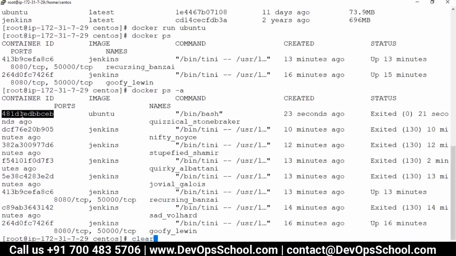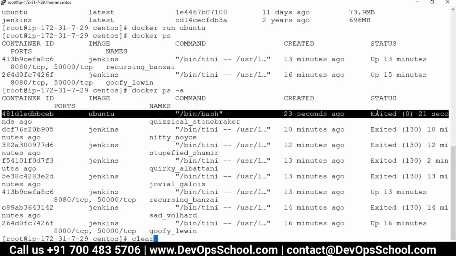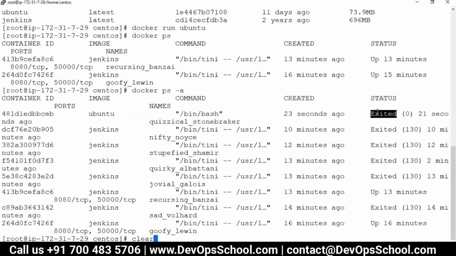Okay. So here, why did that container get exited? Because of bin bash. So how do we hold that container so it is always running? This depends on the developer. They write an image in a certain way where the PID1 should not get exited, like bin tini, guys. The Jenkins guys did the bin tini, so that's not getting exited. But here bin bash automatically gets exited after the run. See here, it is exited. That means it has run at least once. So you want to say that the particular Ubuntu image didn't have any PID1? No, it was having PID1, but it was getting exited.